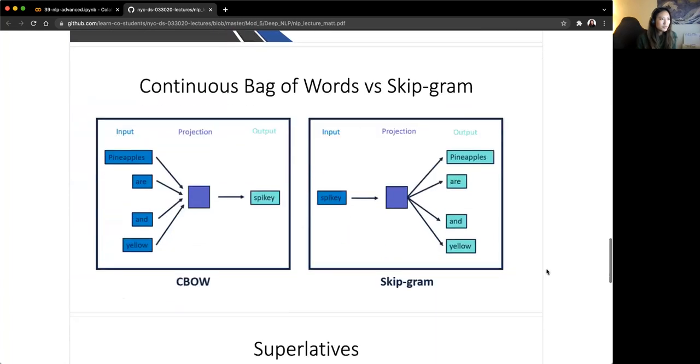Cool. So two different ways to train the neural network. I know we haven't gotten to neural networks yet, so this might not make a lot of sense, but you can imagine that this is continuous bag of words, which is one way that word embeddings are trained. So given some input words, let's just say the sentence is pineapples are spiky and yellow. If that is the sentence and we want to figure out the meaning of the word spiky,